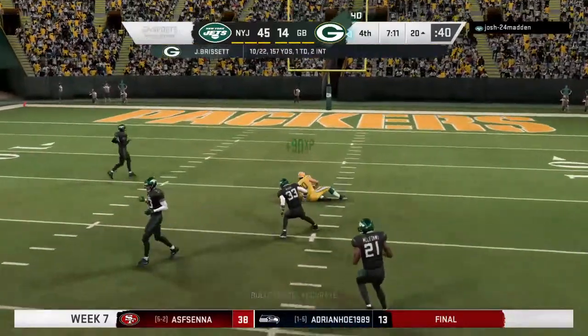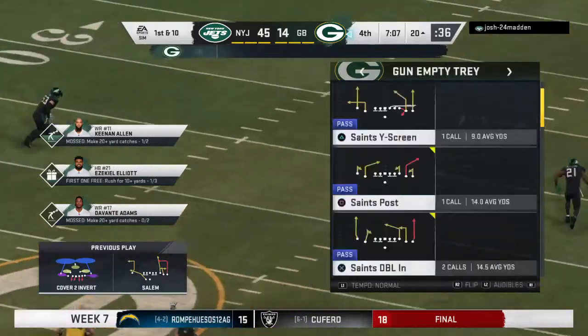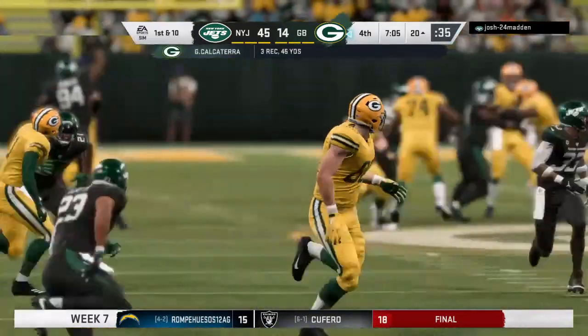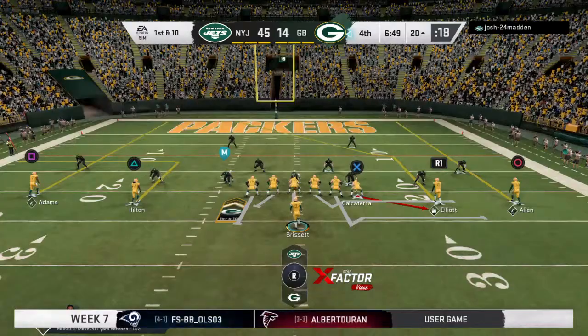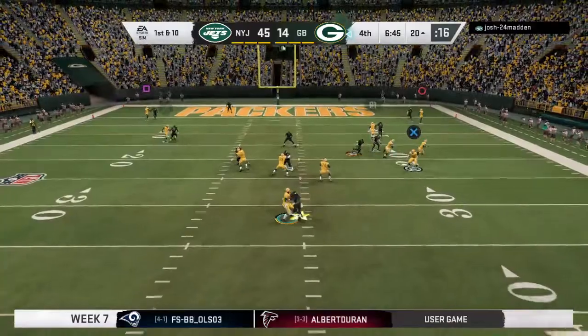This is caught at the 20. It'll go as an impressive 31-yard gain. Defensively, I know they have the comfortable lead here in the 4th, but they do not want to give up big plays like that. They want to finish strong. So oftentimes in this situation, you tighten up underneath in your coverage, and you bring your safeties back. They can pick up anything that...